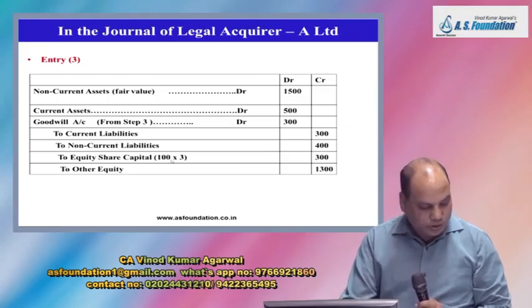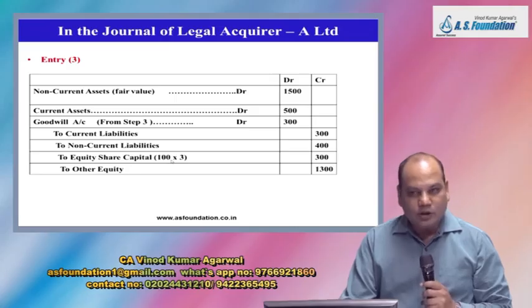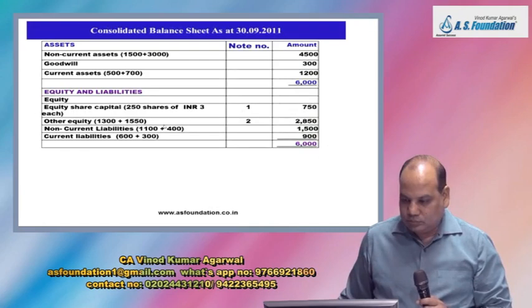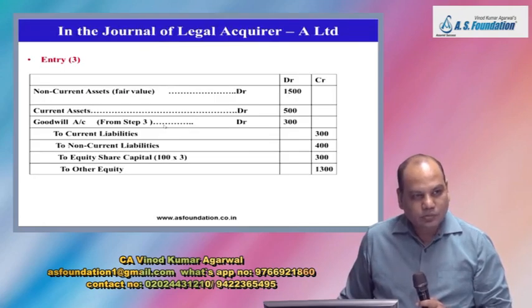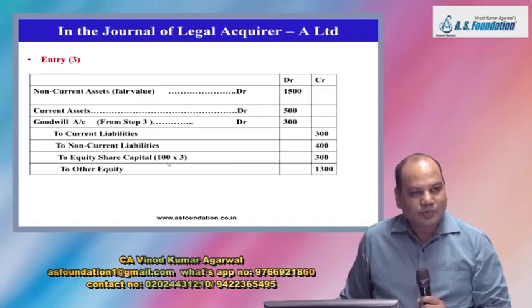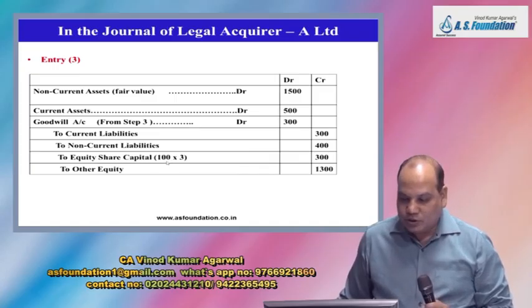And balancing figure you transfer to other equity, 1300. Okay. Yes. This will be given to you in the problem of absorption because this is the balance sheet that is given to you. Now, based on these three entries,